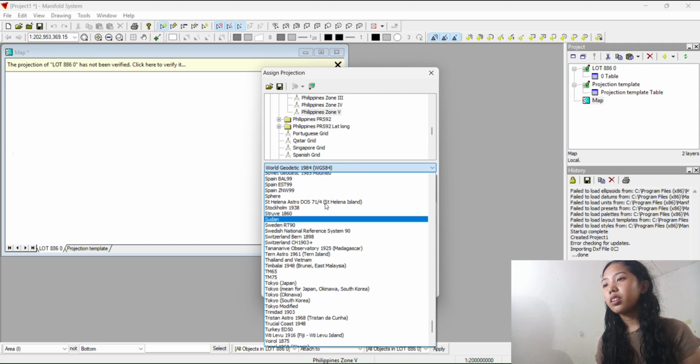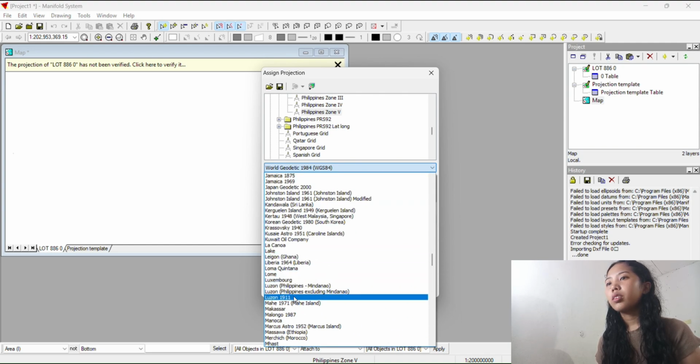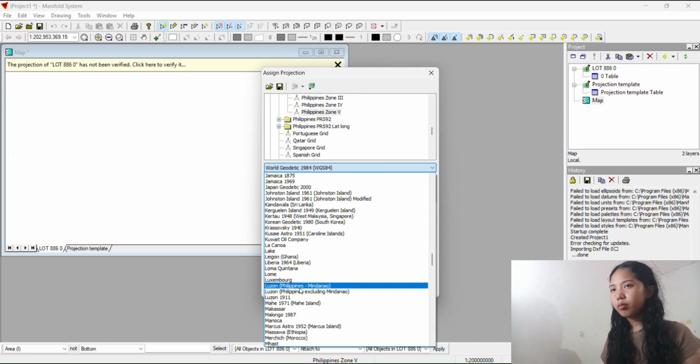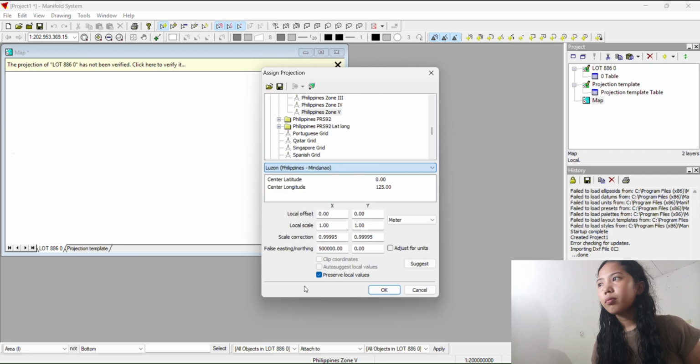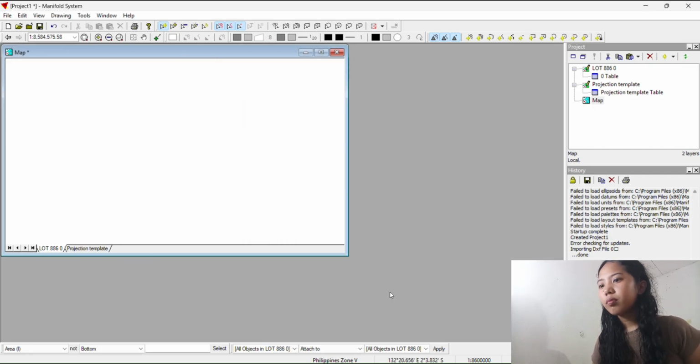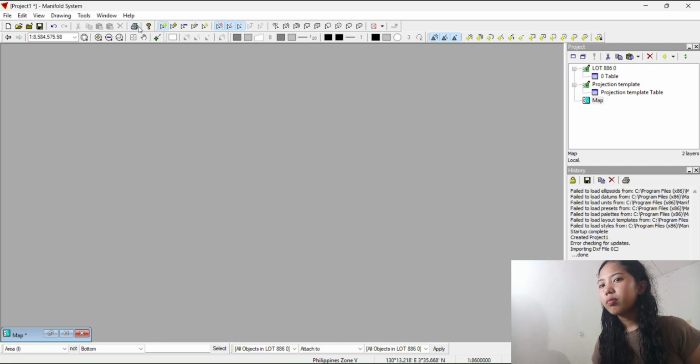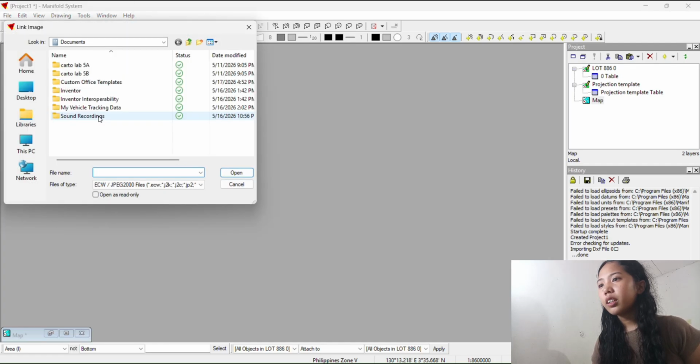Select that 0, then load. Then go to file, create, then map. Check projection template. Okay. Select map, double click.